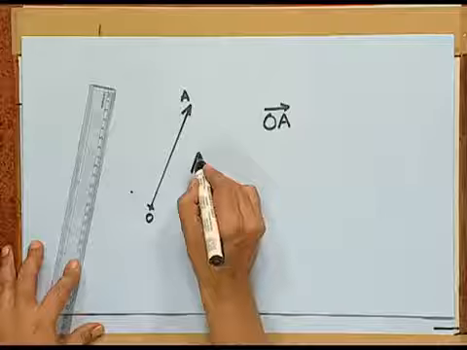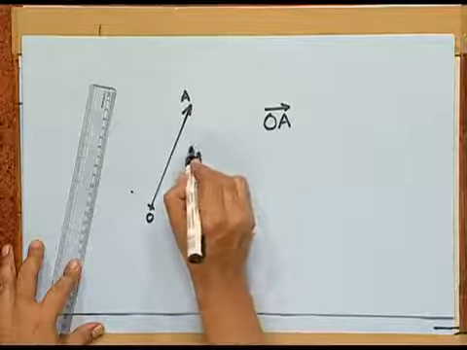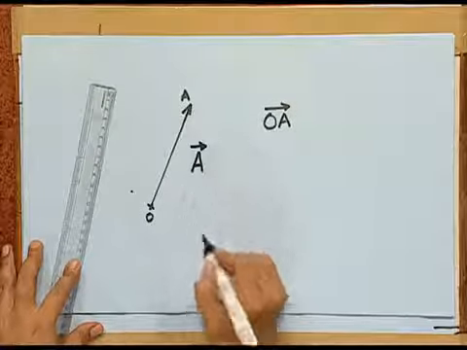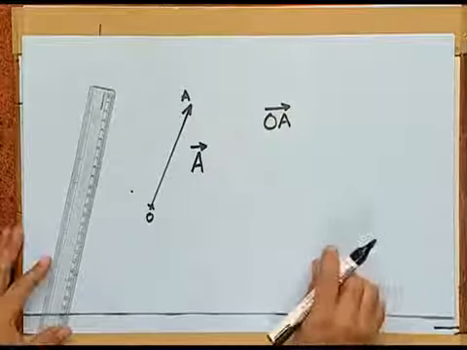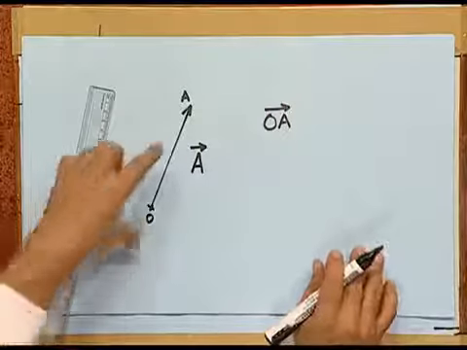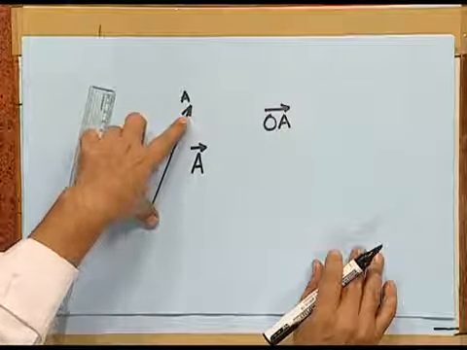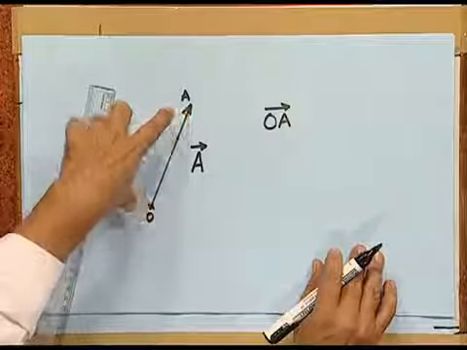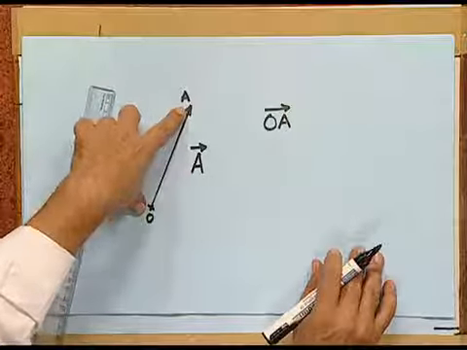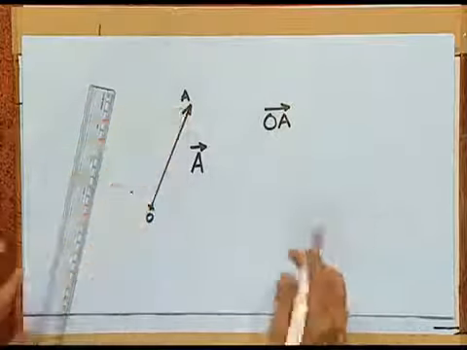Now, this representation is also done in another way. This vector can also be represented by simply writing A on top with an arrow. These are the two ways in which a vector is represented. O A very clearly says, and this length, if you have chosen a certain scale, you can specify. Now, if I represent